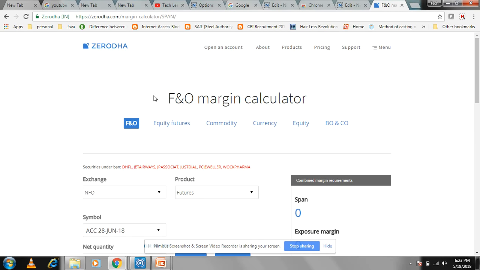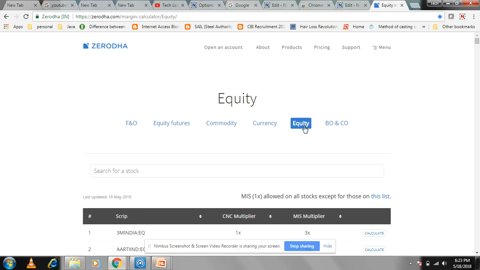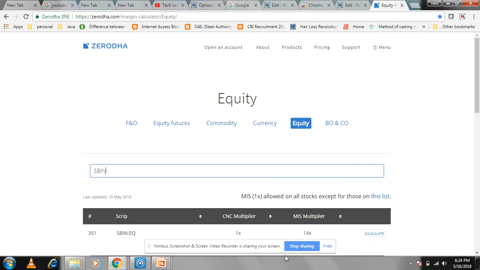You'll get the margin calculator for F&O, futures and options, equity futures, commodity, currency, and equity stocks. This will tell you how much margin can be given by Zerodha for intraday purposes. For example, I will go with the SBIN. So